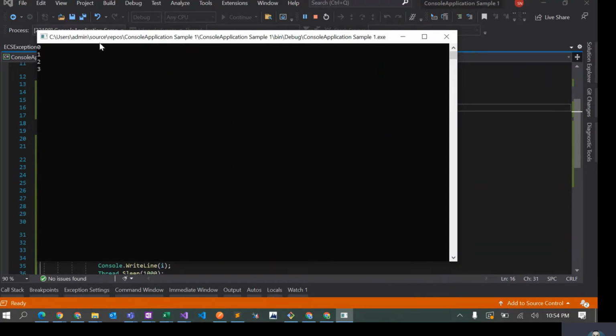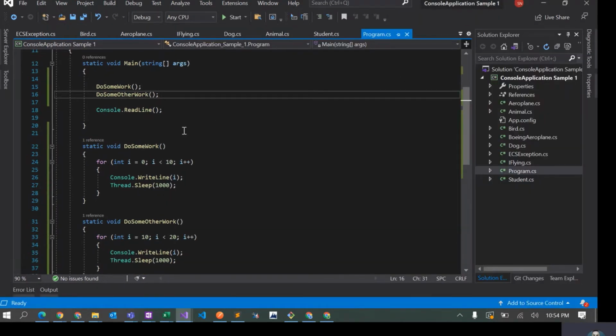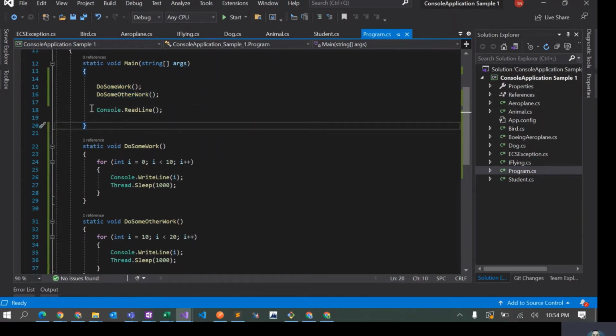So now this should go from 0 to 9. And then after 9, it will go from 10 to 19. Right? And if you see here, the execution is in sequence. So first the main method gets called and then the DoSomeWork method gets called, and DoSomeOtherWork would get called, and then this statement would get executed and the program would end,